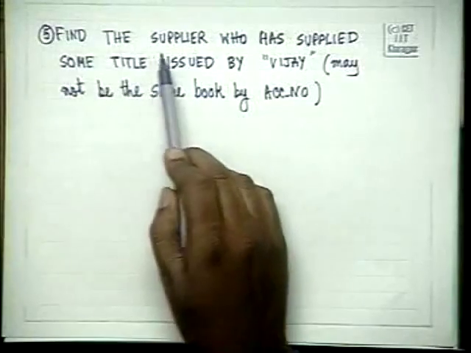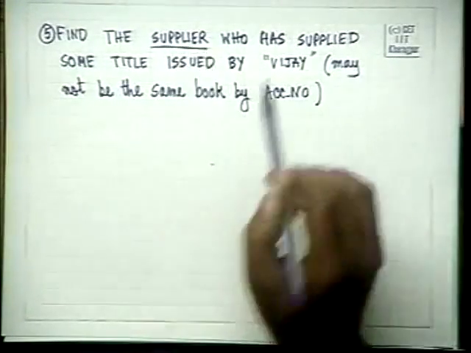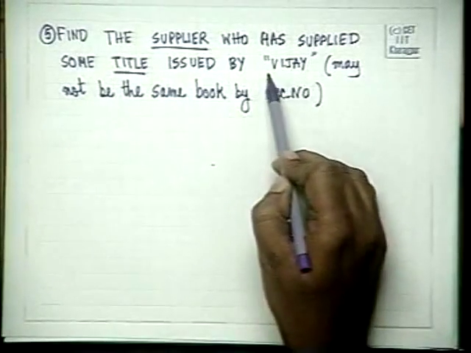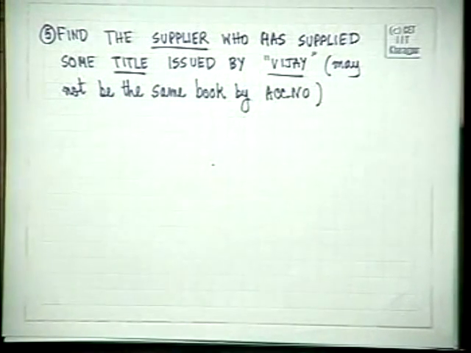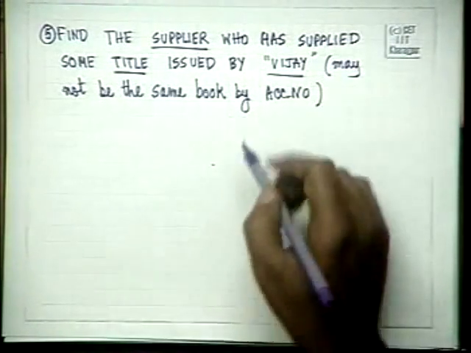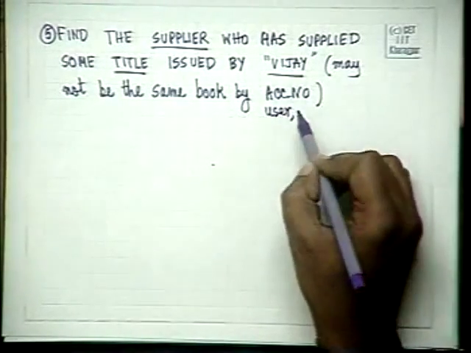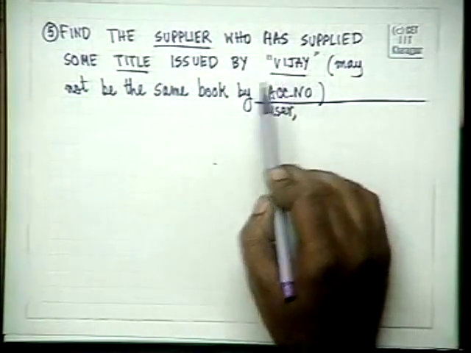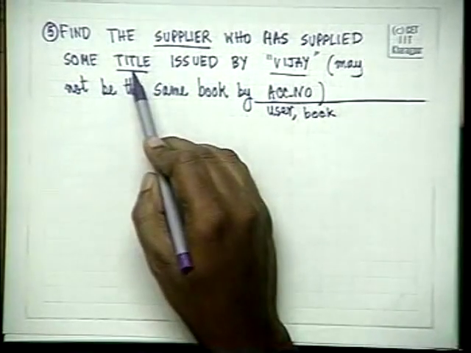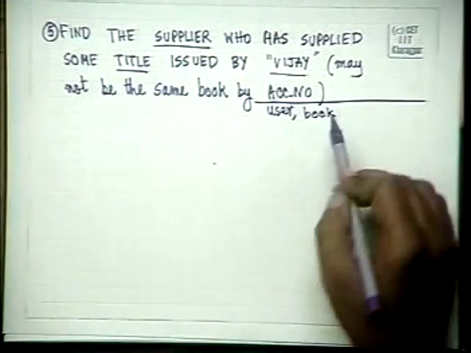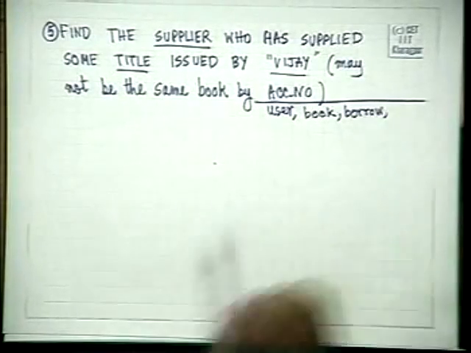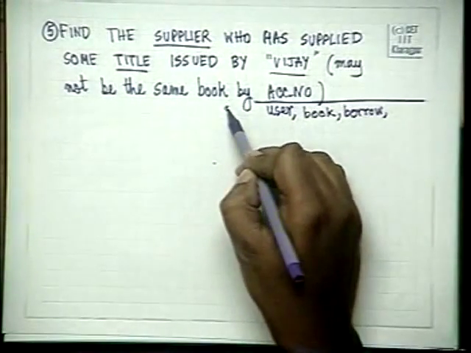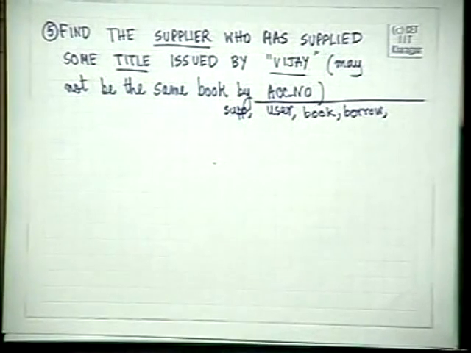Now we come to two slightly more complex relations where we will use the concept of titles. Find the supplier, that is again supplier name, who has supplied some title issued by Vijay. So here we need the user relation, which has got the name and address and card number. We need the book relation, we need the borrow relation, and we need the SUPP relation. All four of them are required now,